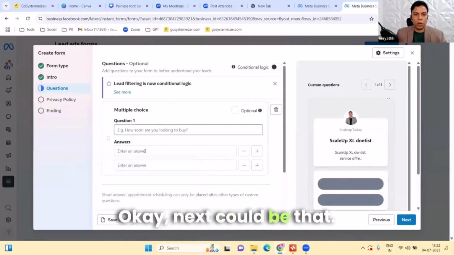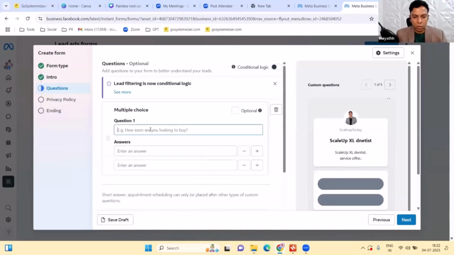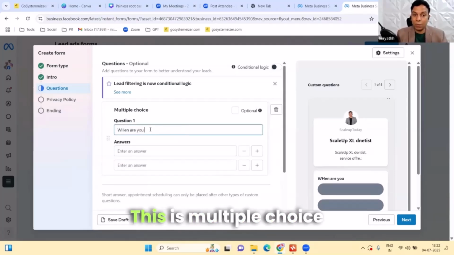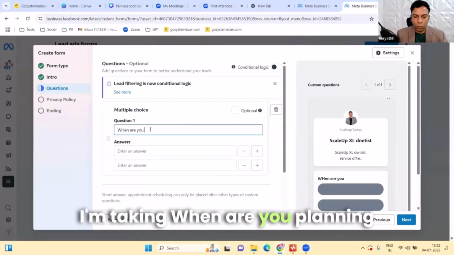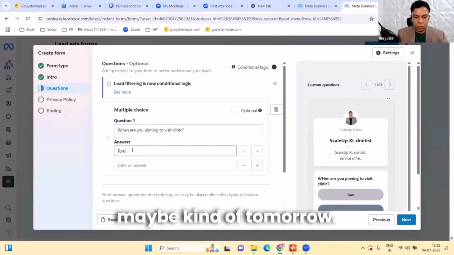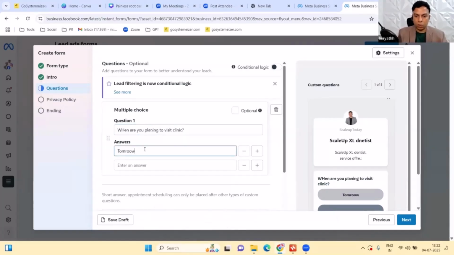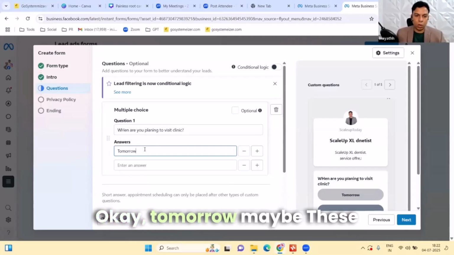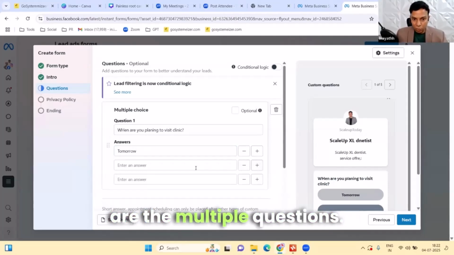Next question, which is multiple choice: when are you planning to visit the clinic? The options may be tomorrow,